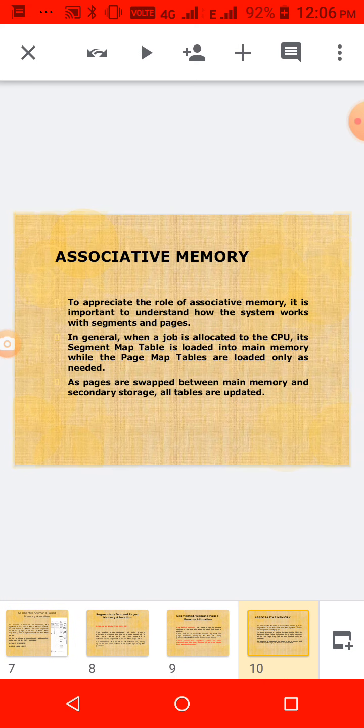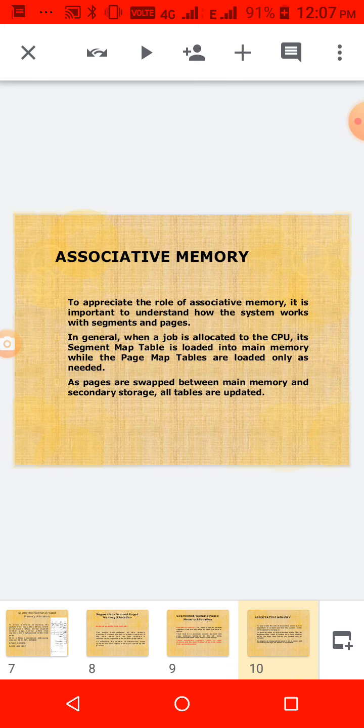In order to speed up the process, we are using associative memory, which is available inside the main memory, and here also we are storing some of the pages. Otherwise we have to swap and search, so many things we have to do, spending time. So to avoid that swapping, we are using additional memory called associative memory. It's nothing but registers which are available in main memory.